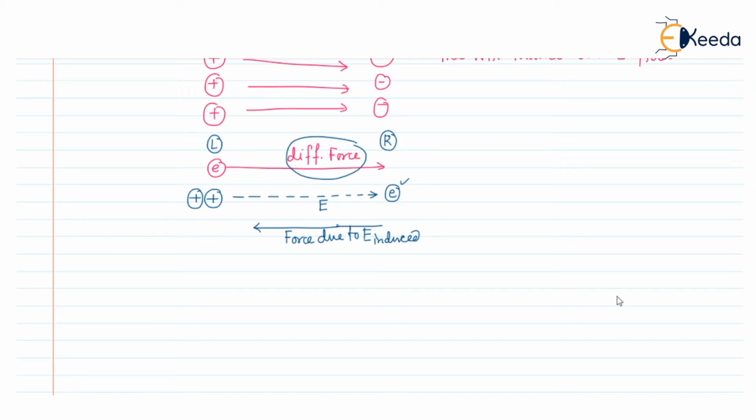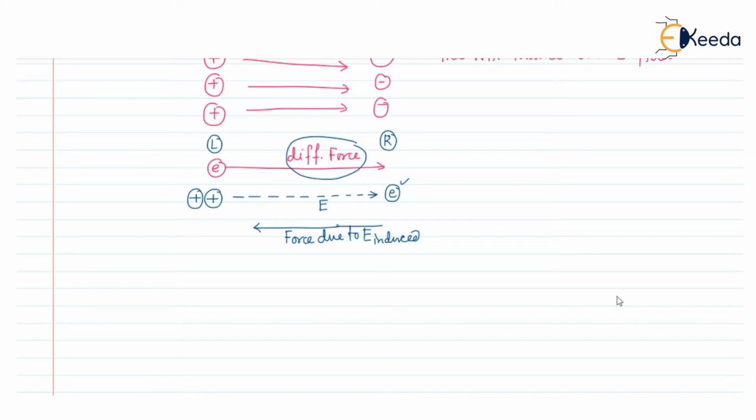So we can say that the induced electric field force direction will be in the opposite direction to the diffusion process. At equilibrium condition, the induced electric field prevents any further separation of charges. That means it will oppose the motion of the diffusion